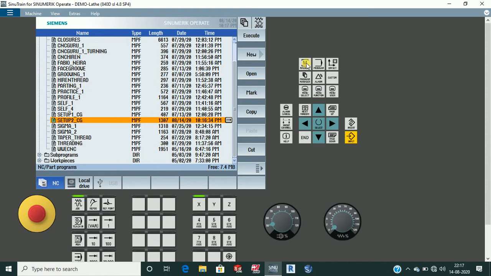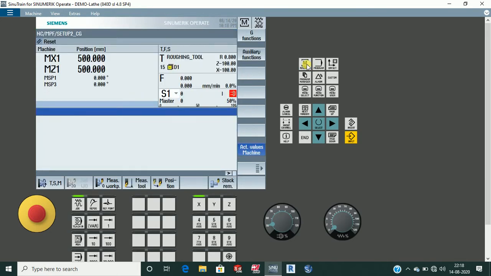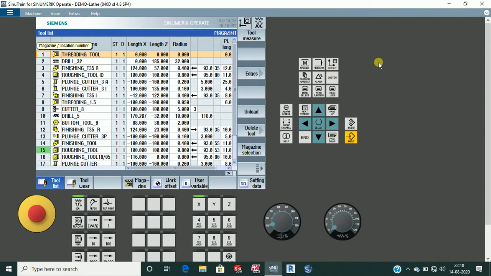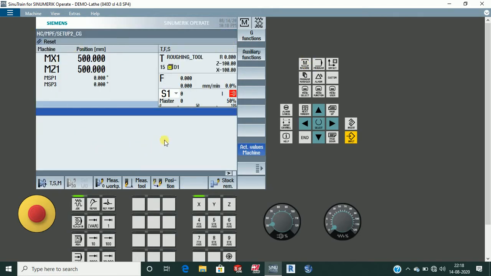So this is the home screen. If we press any button, like offset, and then press the machine button, we move to the machine screen window. This is the easy way to move quickly to the machine screen.